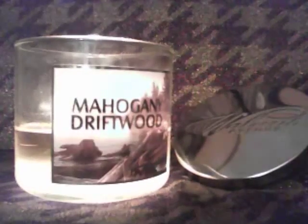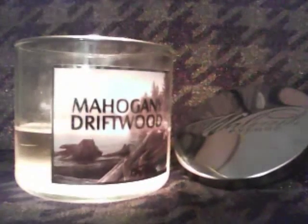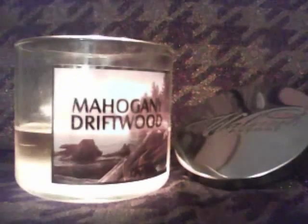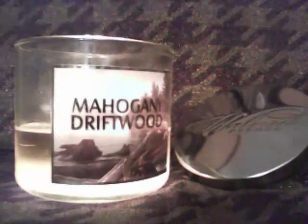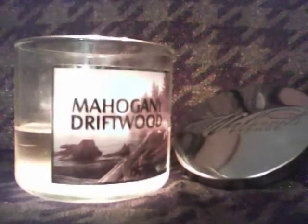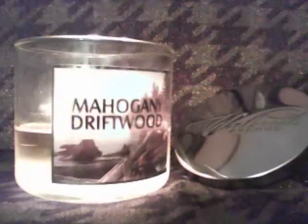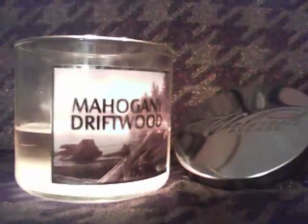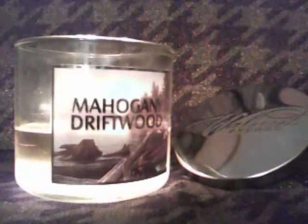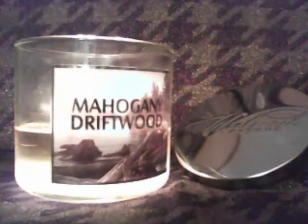And the throw, I would say, has been a consistent good to high on this one. I would say it's probably averaged around, you want to know what? This has actually been a consistent 7 or 8 out of 10. It's been pretty high, so that's a really good throw for a candle. So yeah, I'm really impressed with this one. I always have been. And I look forward to finishing it up